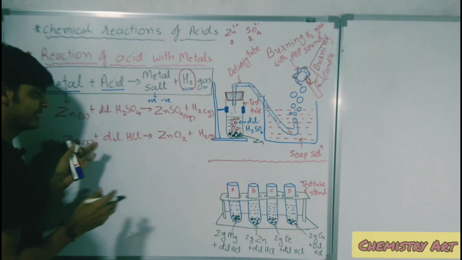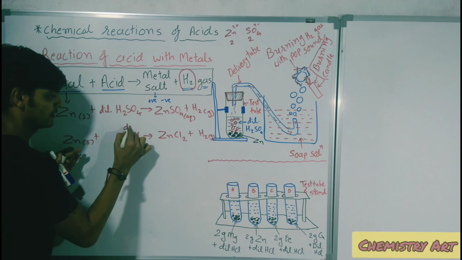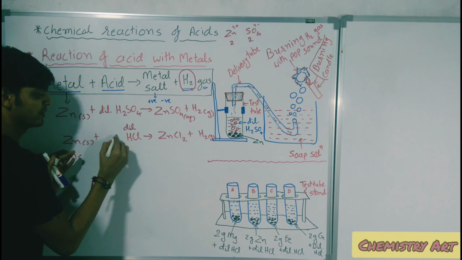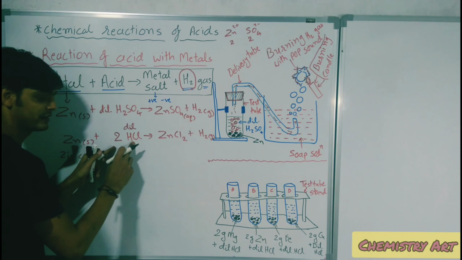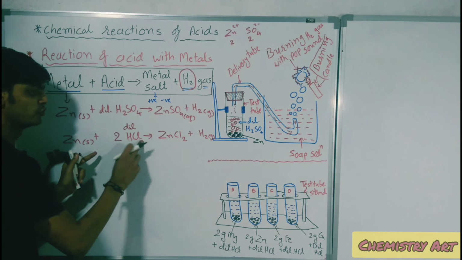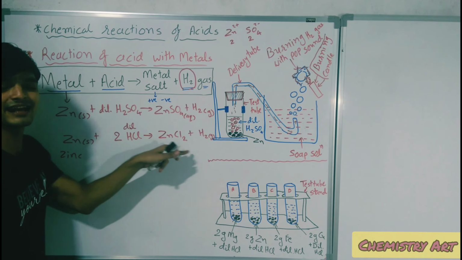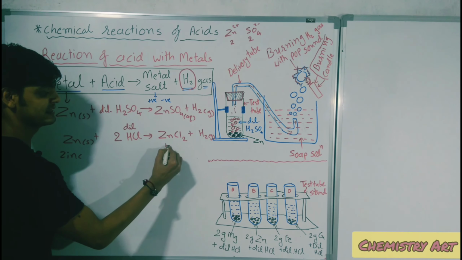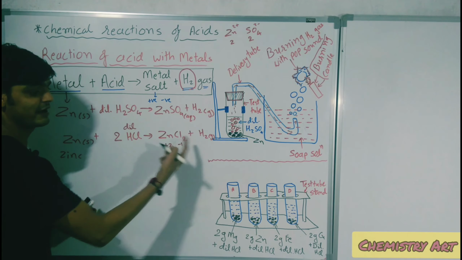Now let's see, is it a balanced reaction? Let me write dilute here over the HCl. No, it is not. So I have to multiply here by 2, because 2 hydrogens are there and here 1 was there. So now it is 2 hydrogen, 2 chlorines also, ZnCl2. You should know why I have written ZnCl2: because zinc is having valency +2, chlorine is having -2. That's why we have to take 2 chlorine.